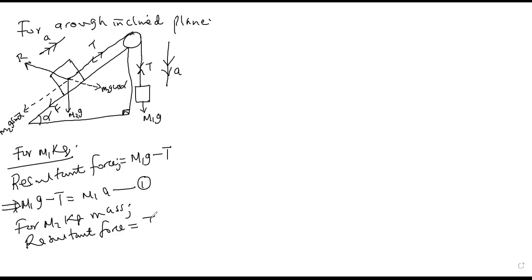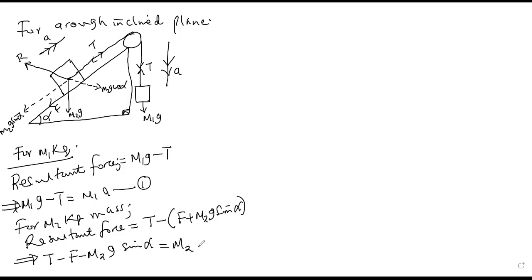So it is T, the one which is pointing in the direction of motion, minus F plus m2g sine alpha. So that the overall thing becomes force, which is T minus F minus m2g sine alpha